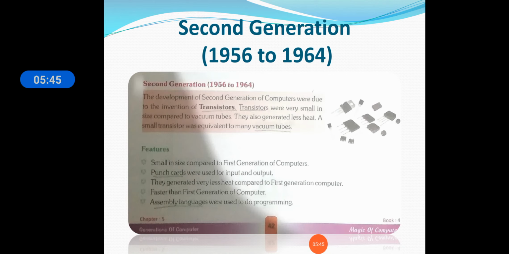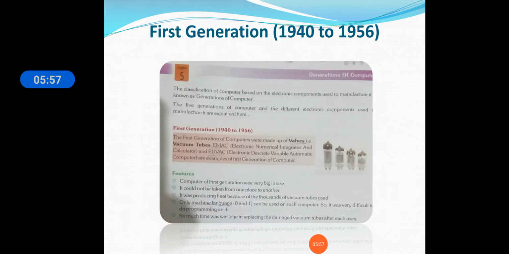Now why are you thinking that there is a first generation and a second generation of computers? When computers were being made, the first computer which was prepared was the first generation computer, which was the size of a room. So we have to learn the first generation because we have to learn the mechanism of what the computer looked like at that time. It was the size of a room, and the big room computers were named ENIAC and EDVAC. These were the two names given to the first generation computers.